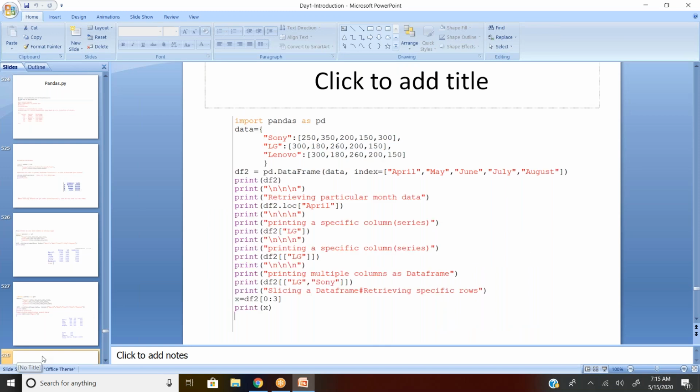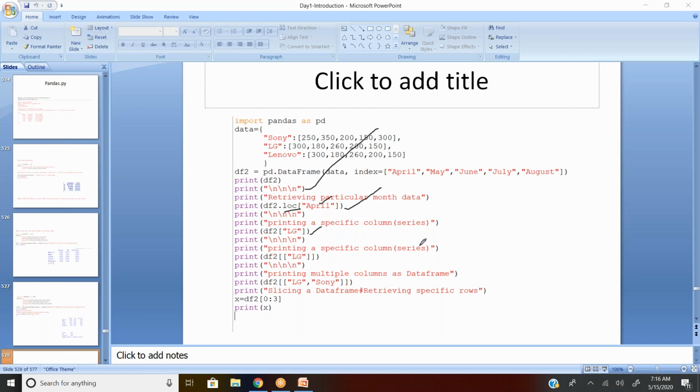Now, so this is up to this is nothing but creating a data. Now retrieving a particular month, as I told you, df dot loc a particular month which you want to be retrieved. I'm using loc because it's a string, index is a string. Now I want to pick up a particular column, not a row. If it's a row, I'm using loc. If it's a column, no need to mention any loc. Just df2 in square brackets the column name. You'll get the respective column outcome.